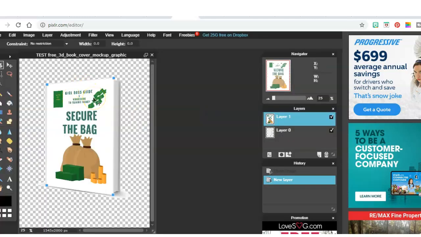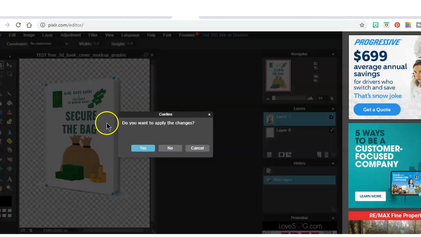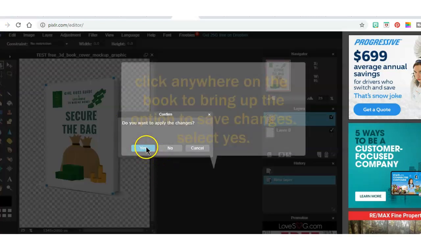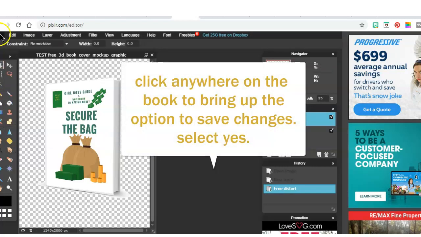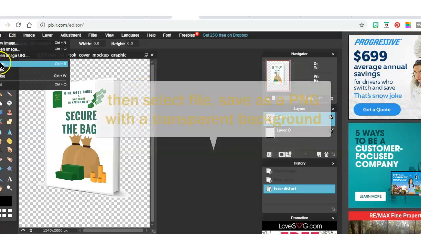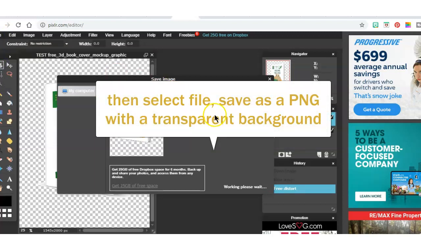You can click anywhere on the book to save the changes. So I'm just going to manipulate this edge a little bit more just to get it in place perfectly. And then once you have it positioned where you want it, again, click anywhere on the book to get the prompt to save the changes. Do you want to apply the changes? Yes, we do. From there, we're going to go to File, Save the image